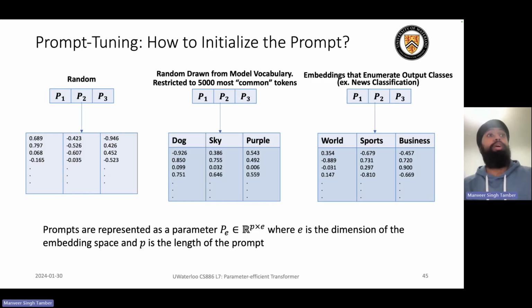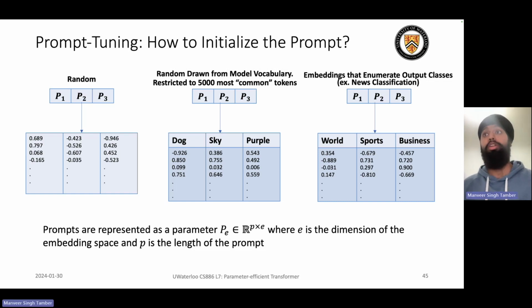So the first question that they try to answer in this paper is, how should the prompt be initialized? And 3 different alternatives are considered. One is that the prompt is initialized randomly, so each number in the embedding is just a random number, or perhaps prompts can be randomly sampled from the model vocabulary or from the 5,000 most common tokens in the vocabulary. So we choose random tokens, maybe dog, sky, and purple, which all form their own tokens. And we just take the embeddings of those random tokens, initialize using those, and then we learn from there. Alternatively,